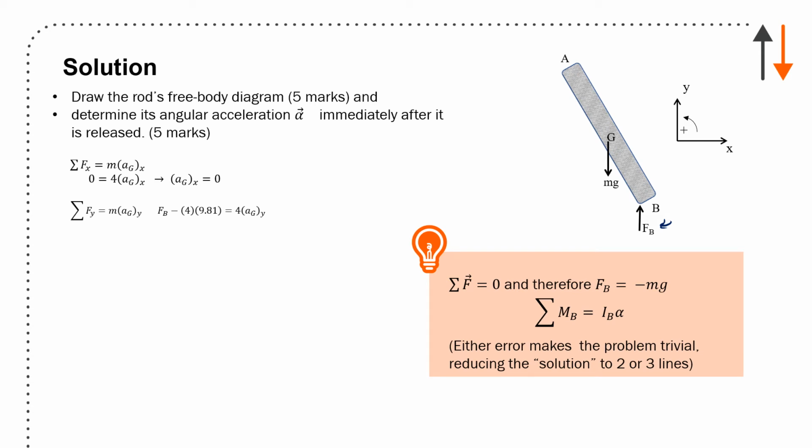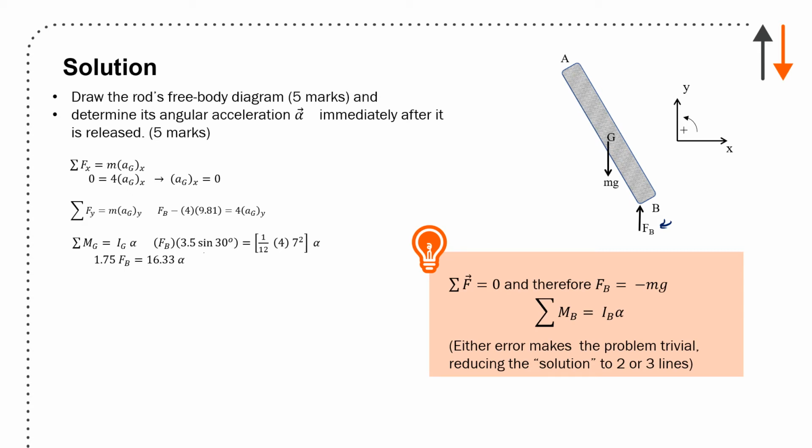Acceleration in y, you have the two forces there, and you have the acceleration g in the y direction. So finally, you have the sum of moments about B, G, which is I_G alpha, and you can calculate from that a relationship between the force at B and the angular acceleration. So here, this is just the force at B, times the distance over which